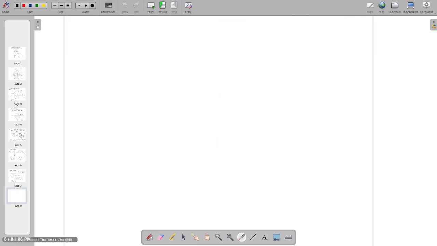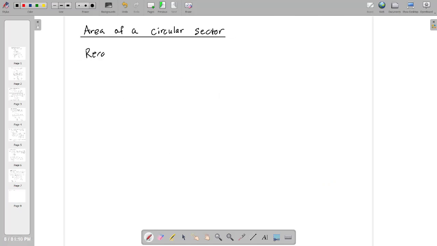All right, the next topic I want to talk about is area of a circular sector. Recall, area of a circle is pi r squared, but following exactly what we did in the length of a circular arc, we're going to find the area of a circular sector. Now what that means